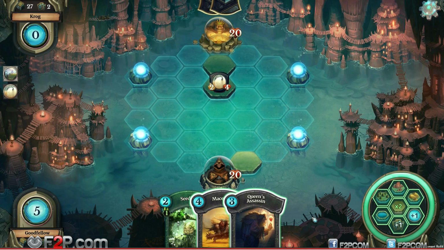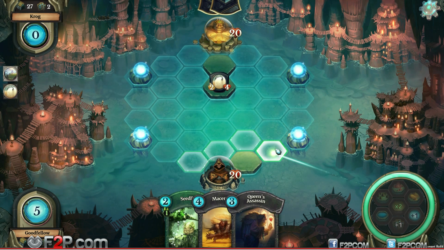Oh, there's just one prairie. I thought it said create 2. Okay. And then for the next one, I think we're just going to